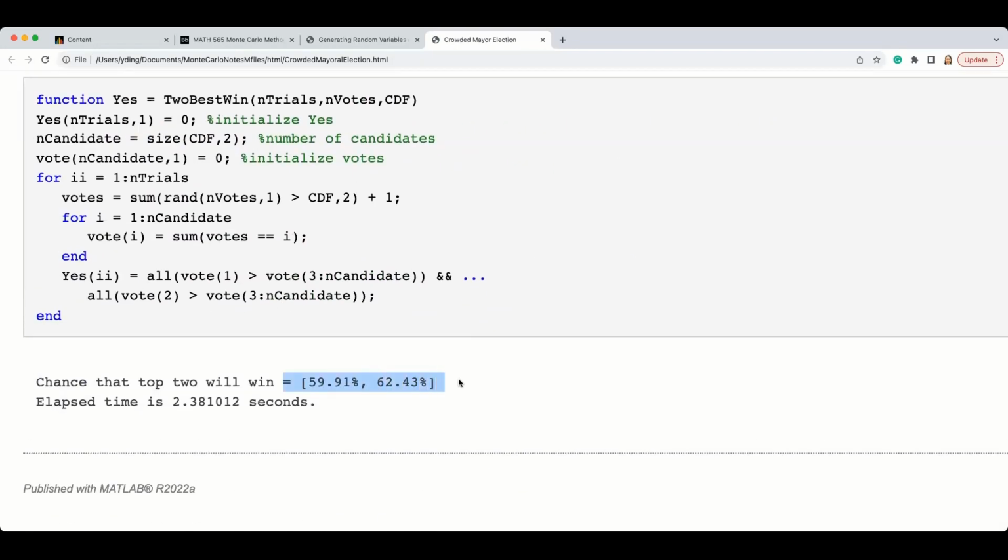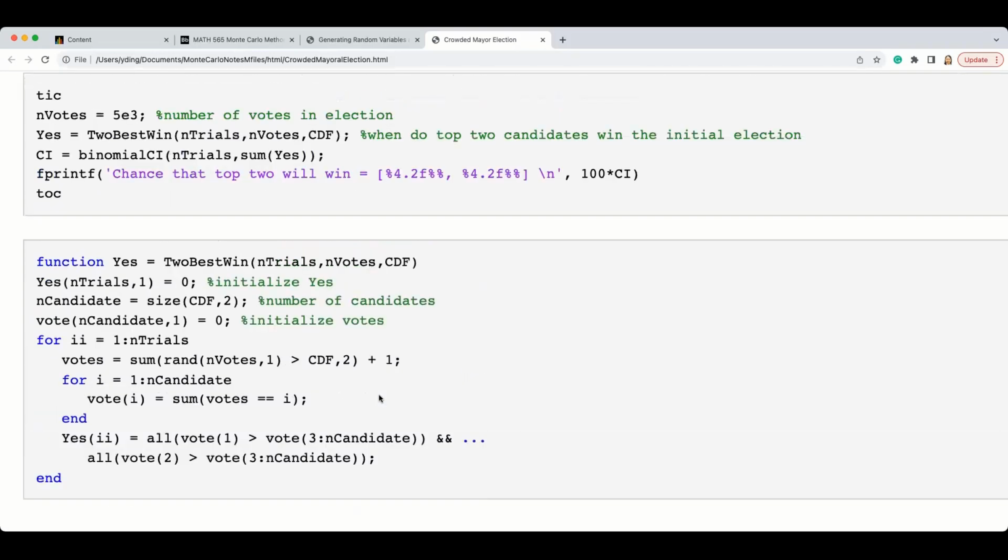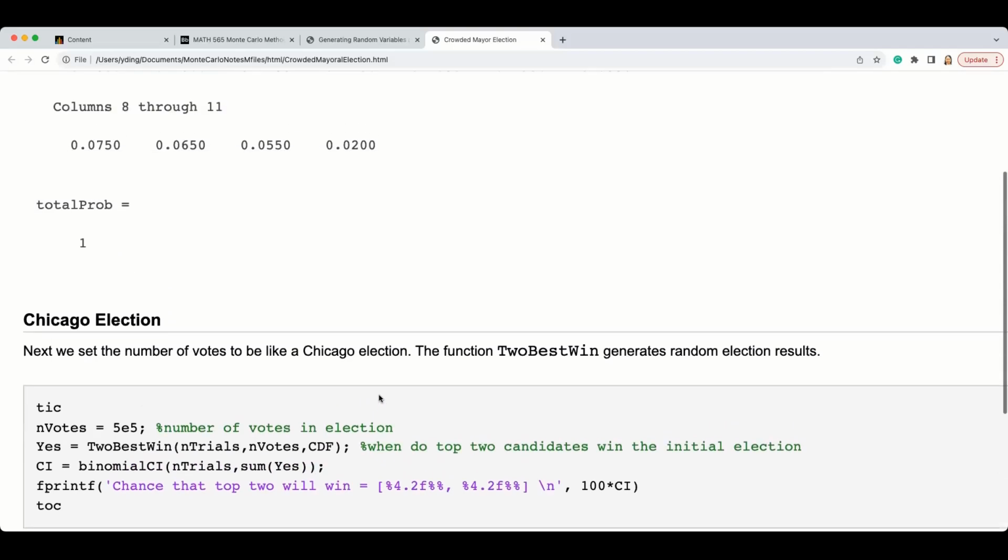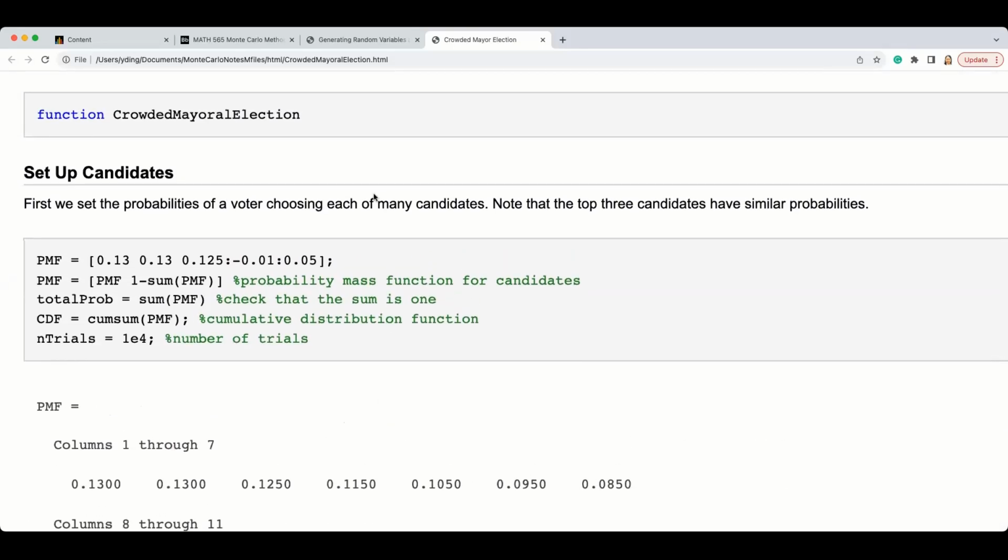So this means when you have more people voting, those who have a large probability to win will have more chances to win. If you have very few people voting, then it's possible some other situation will occur. So it's hard for you to really satisfy this CDF part. So this one will be much smaller. That's the case. But here it's just trying to show you one example of how to map it.